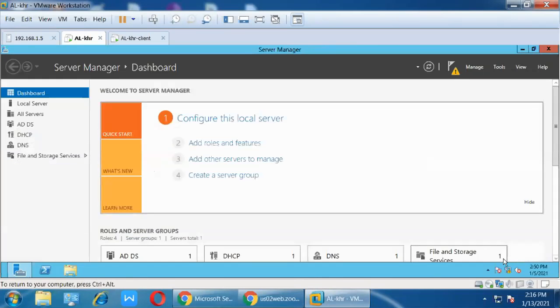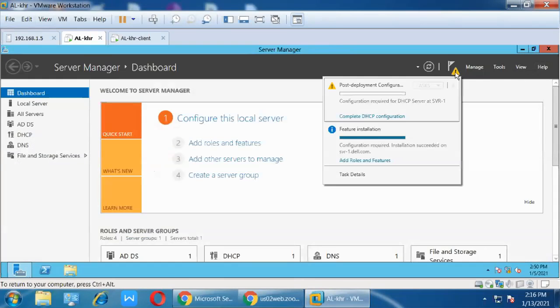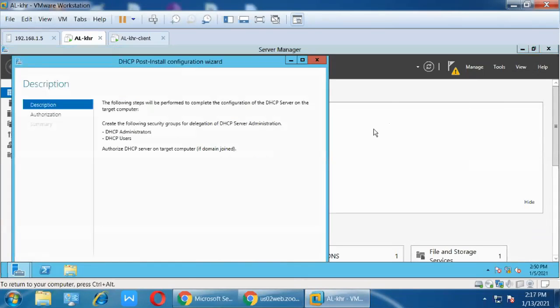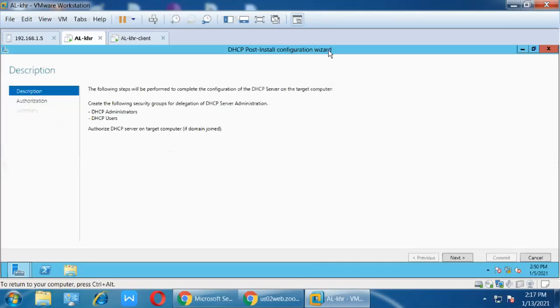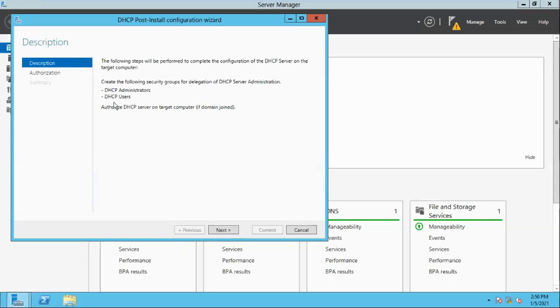So close the notification, complete the DHCP configuration. So DHCP administrator, DHCP user, who can access the DHCP server administrator. Okay, so these are the things.